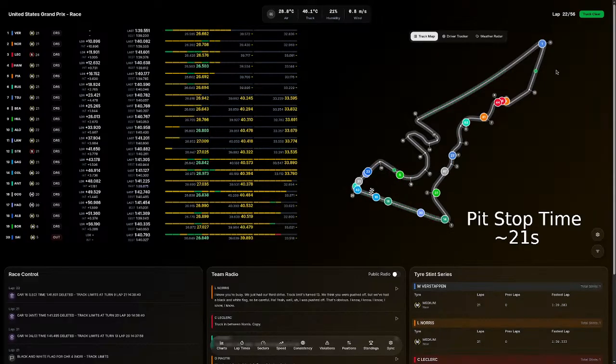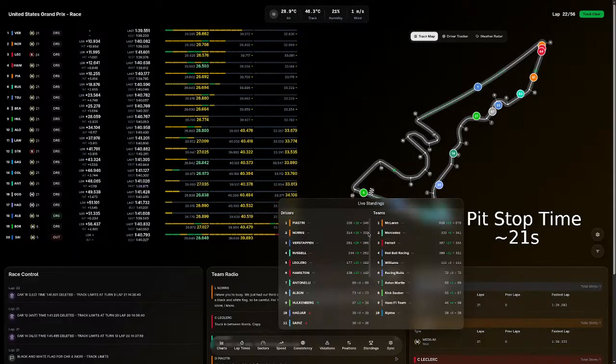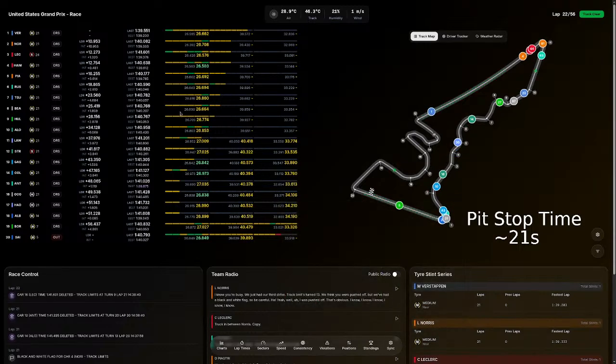Yeah. And in the current situation, the standings would be that Norris is only 14 points behind Piastri. So that might actually become very interesting. But Piastri is also catching up a little bit. Earlier he was over 4 seconds behind, and now it's only 3.5. So with the incidence between